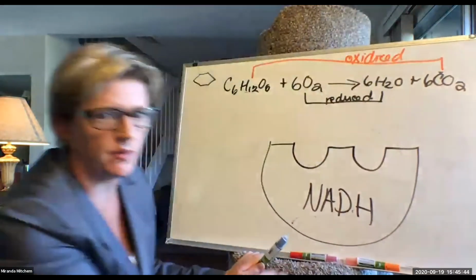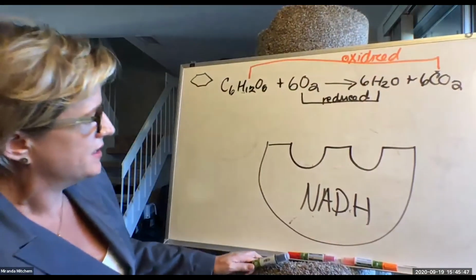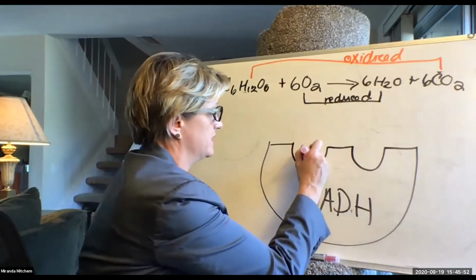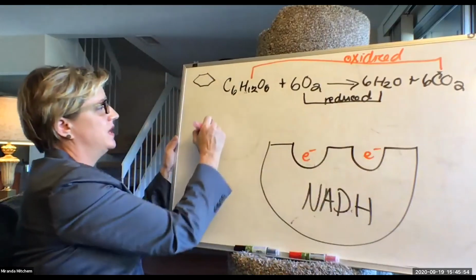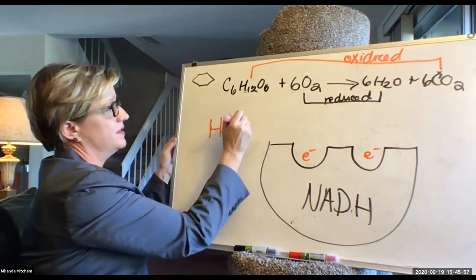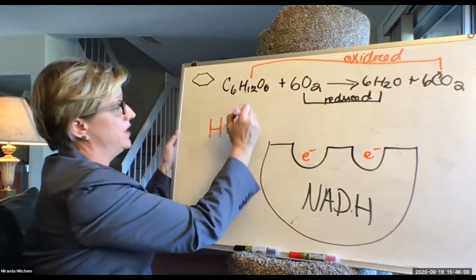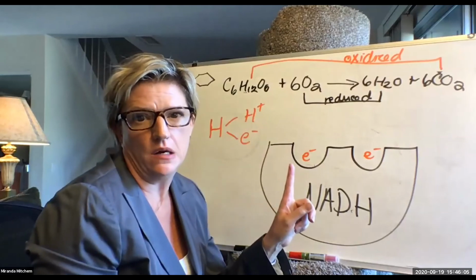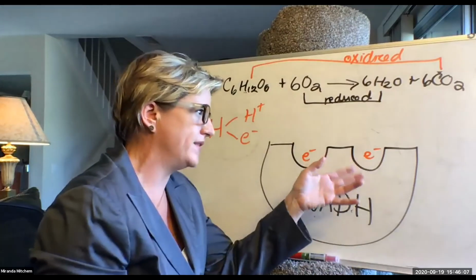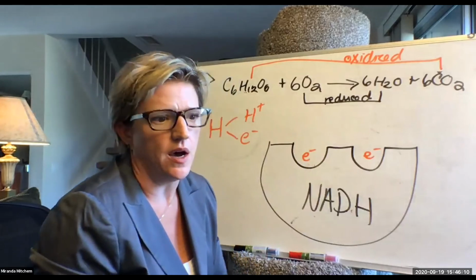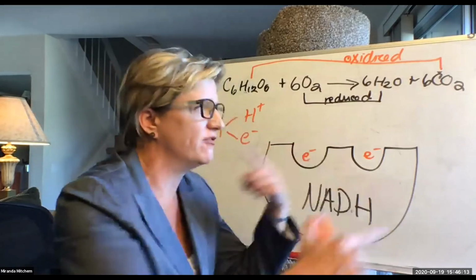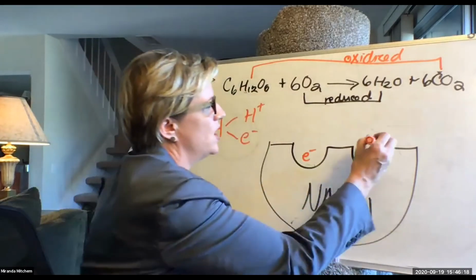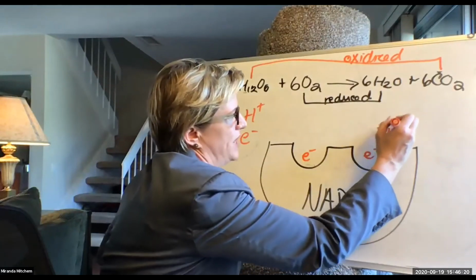All right, so 1 molecule of NAD+ can hold 2 electrons. So let's put our electrons in the pockets as we were doing. But hydrogen does have the electron, but it also has an H+. So in reality, the H+ is coming along with it, because we haven't taken the electron off. Well, we have, but it's coupled. So a way to think about it is to also represent that the H+ is coming along with it,